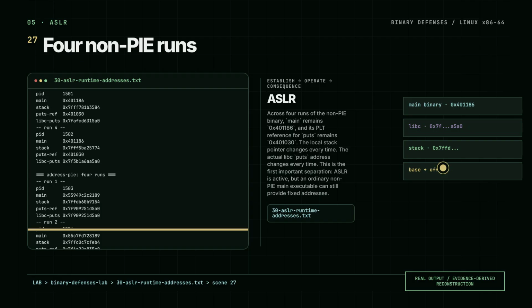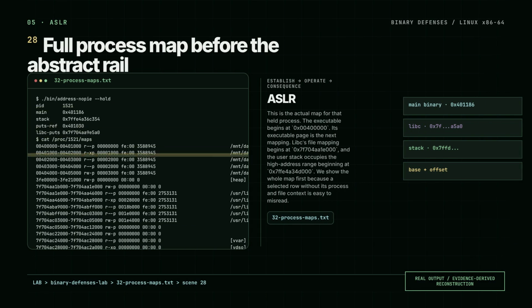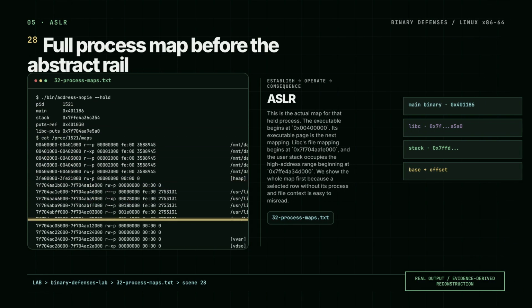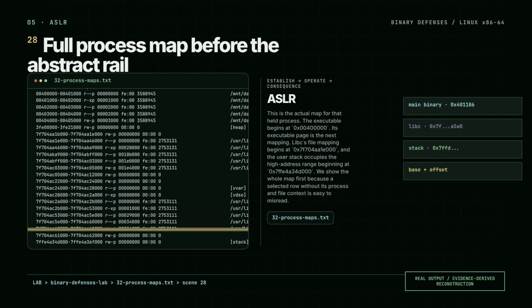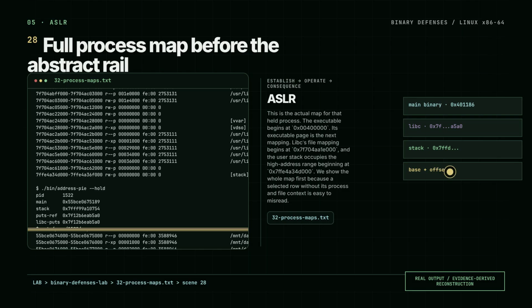The local stack pointer and the actual C library puts address change every time. This is the first important separation. Address randomization is active, but an ordinary non-position-independent main executable can still provide fixed addresses. This is the actual map for that held process. The executable begins at its recorded fixed base, and its executable page is the next mapping. The C library file mapping appears at a randomized high address, and the user stack occupies another randomized high address